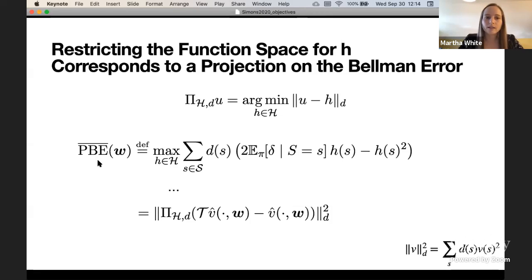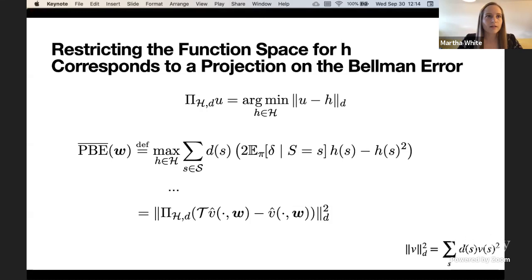So if we take this, what I'm going to now just immediately define as the generalized projected Bellman error, we're just saying I picked some space H. This H no longer has to be H all. That's the all that was dropped from here. It could be more restricted. Then we're going to do multiple steps and find that this gets rewritten exactly as this projection of our Bellman error. Okay, and so I'm calling this a generalized projected Bellman error